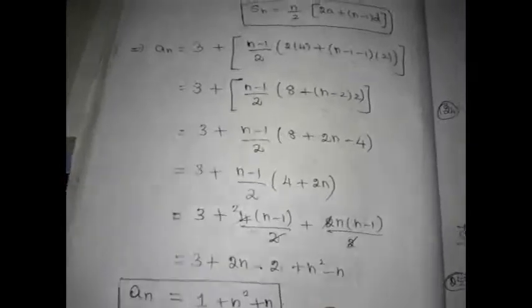And I am going to bring this an to the other side, right? Now we need to find Sn. We know the Sn formula, n by 2 into 2a plus n minus 1 times d. Now in the place of n, we need to substitute n minus 1 here, right? So if you substitute and resolve, we obtain our an. So this procedure is to get our an.